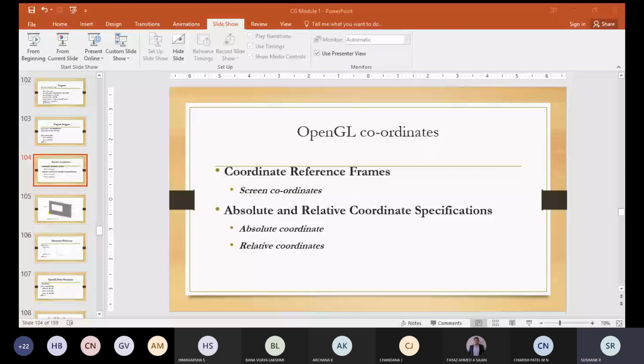In the second, I'm again calling glVertex2i, passing 75 comma 150, and I'm calling one more with 100 comma 200. So here I'm specifying the points.